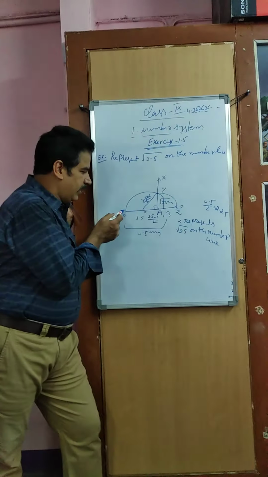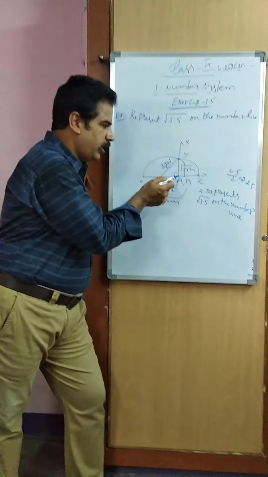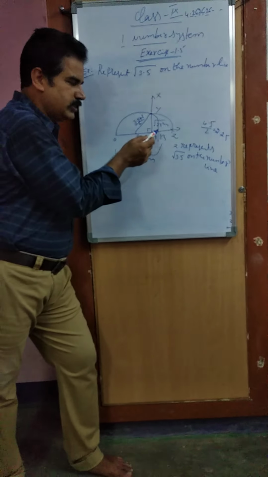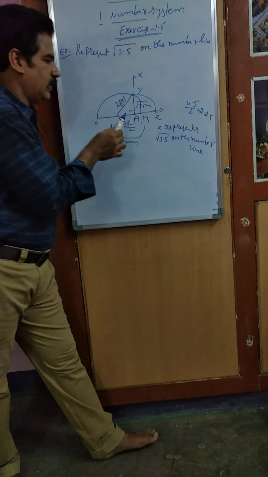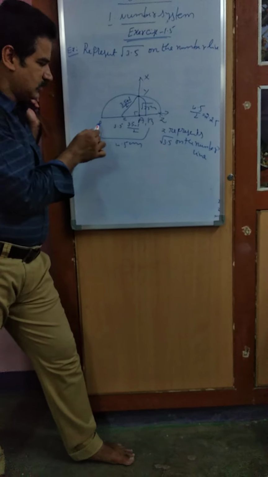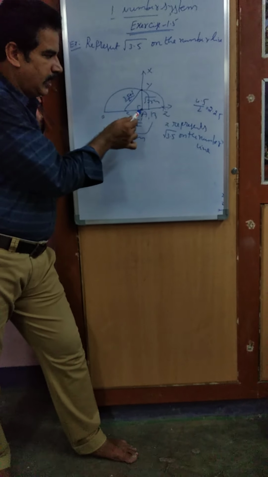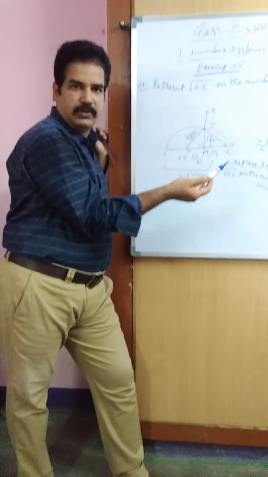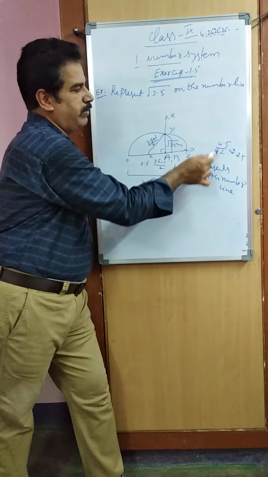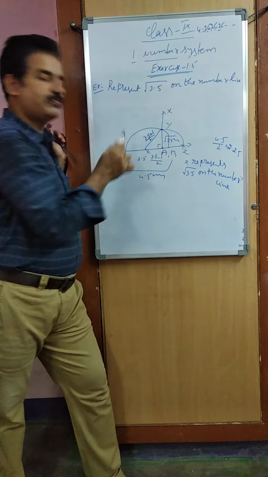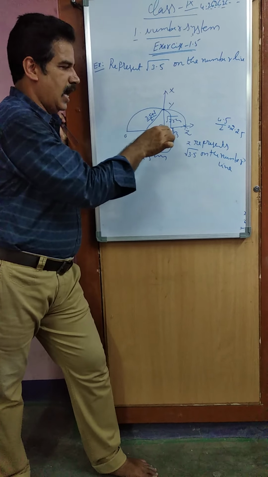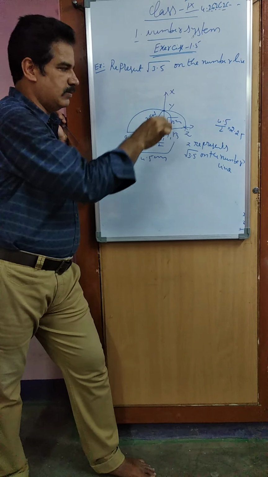First, what did you see? Listen. First, I drew a line segment OA with 3.5, and next I took one more centimeter, that is, OB length is 3.5 plus 1, 4.5 centimeters. OB is 4.5. From A to B, 1 centimeter extra I took. Okay, and then I have taken the midpoint of OB, means 4.5 by 2, 2.25 centimeters. C I took as midpoint, with C as center, OC radius or CB radius, I draw a semicircle.